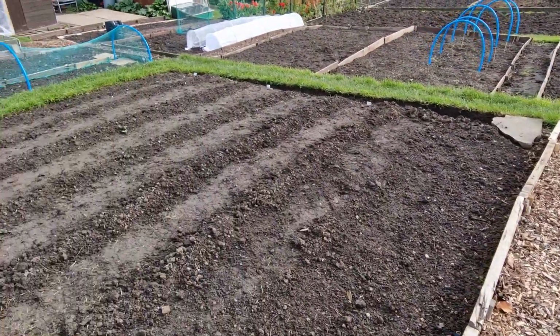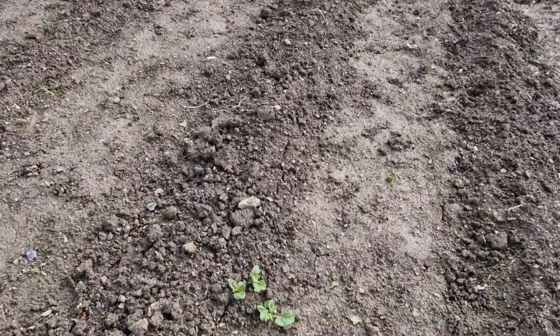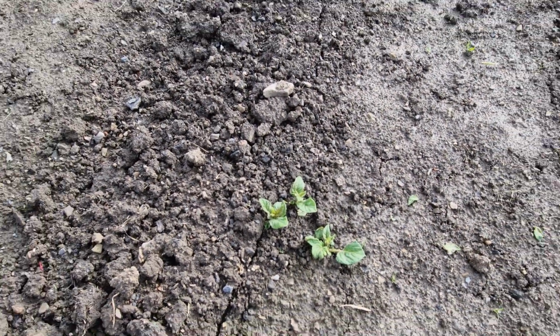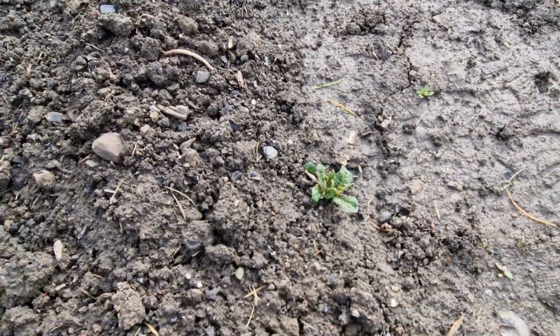And there you go, back to the potatoes. I think, not too sure, but that can't be a potato coming up already, surely. Is that a potato? If it is, guys, let me know. I only put them in 2 weeks ago. There's another one there. Yeah, probably, look, no, it may, there'll be weeds, but